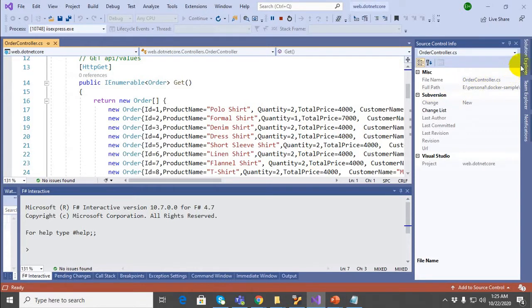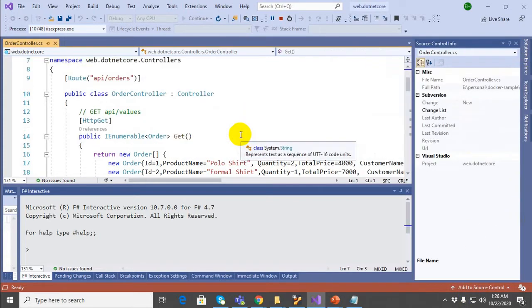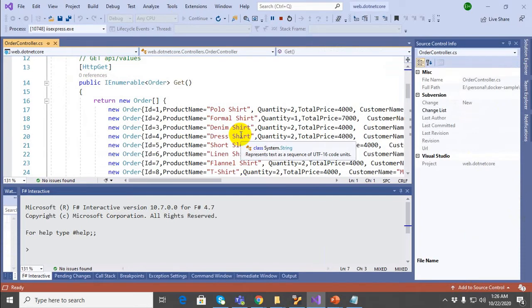This is a very simple .NET Core web API application I have created on .NET Core 3.1. It has only one interface named order interface. If we run the application, we will find how many orders we have.